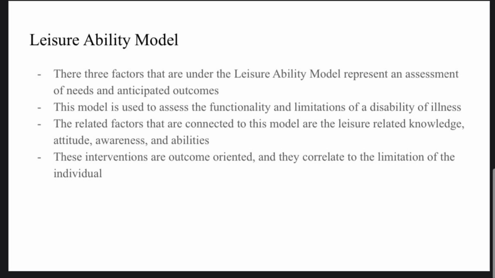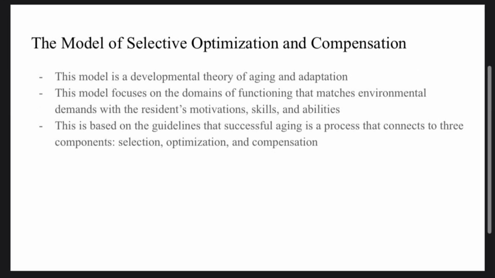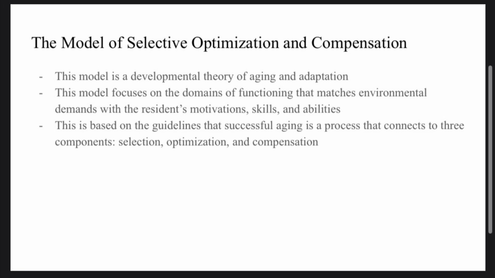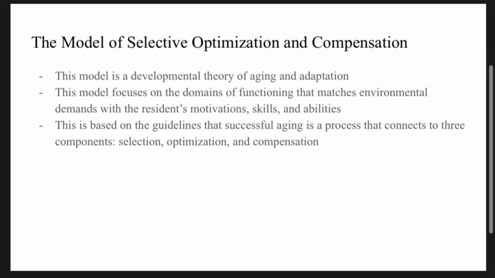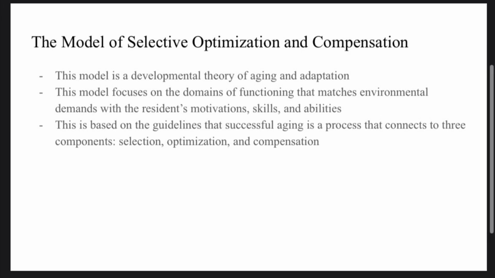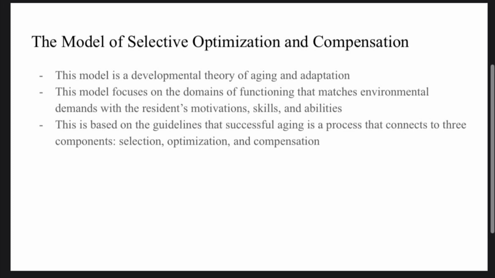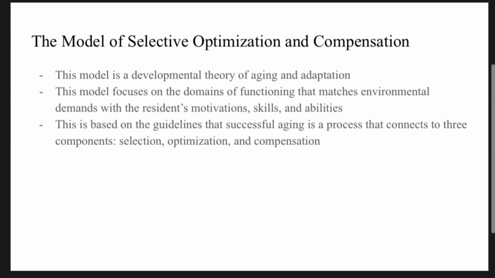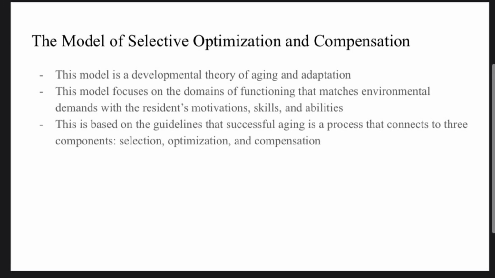The next part of the MARRCC assessment is the model of selective optimization and compensation. This model is a developmental theory of aging and adaptation. This model focuses on the domains of functioning that matches environmental demands with the resident's motivation, skills, and abilities. Based on the guideline of this model, successful aging is a process that connects to 3 components: selection,